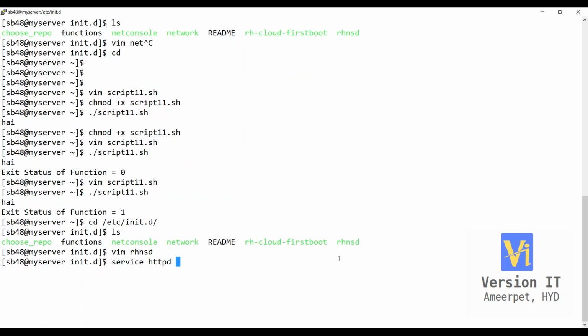HTTPD is the service. So how do you start? How do you restart? So this is the one way. What is another way you usually do? So /etc/init.d, let's say if you have HTTPD and you give start, or you give stop, or you give